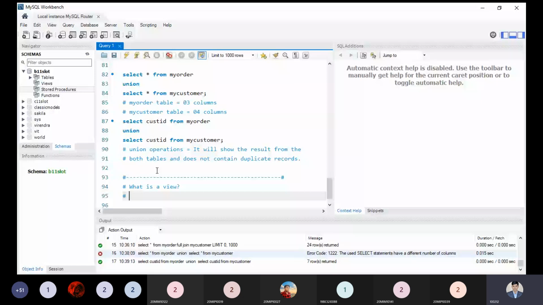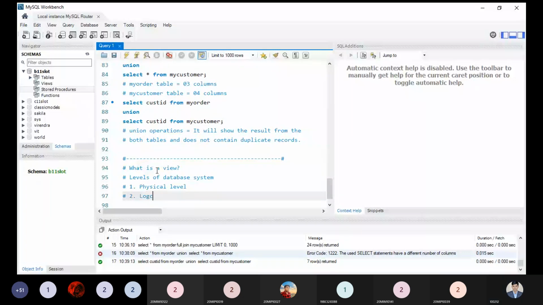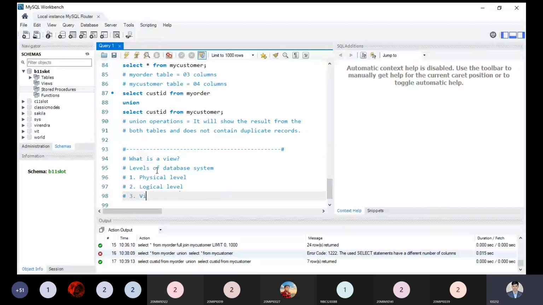What is the first level? The physical level, and with it we have the schema. Then we have the logical level. The last, third level is the view level. I'm writing here properly for your notes, so it will help you understand everything.